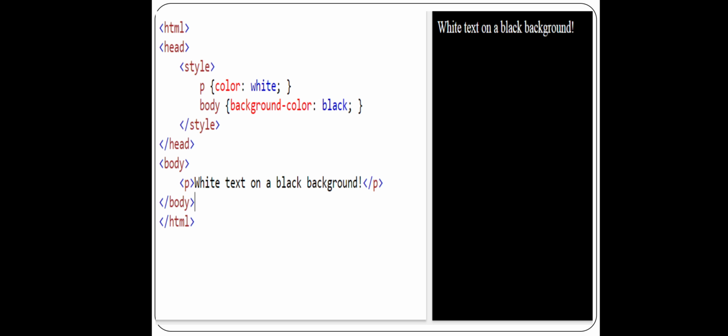Imagine if I don't use the second property, and only the P color with value white is given. Can you guess what output you will get? You will get a plain white paper, blank, nothing will be printed.